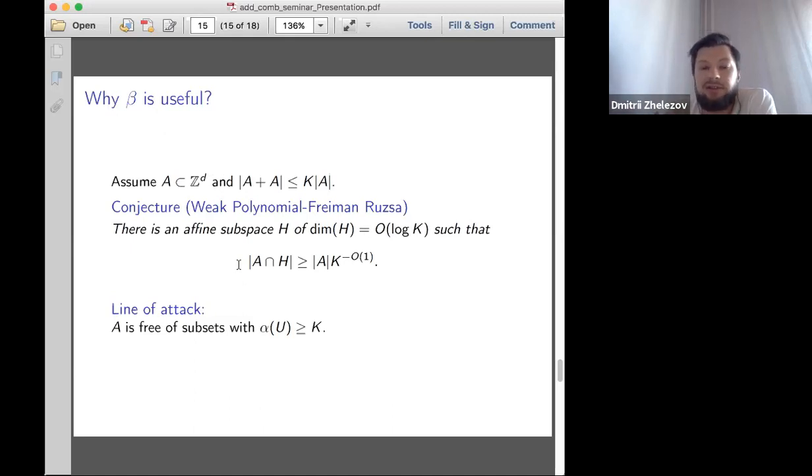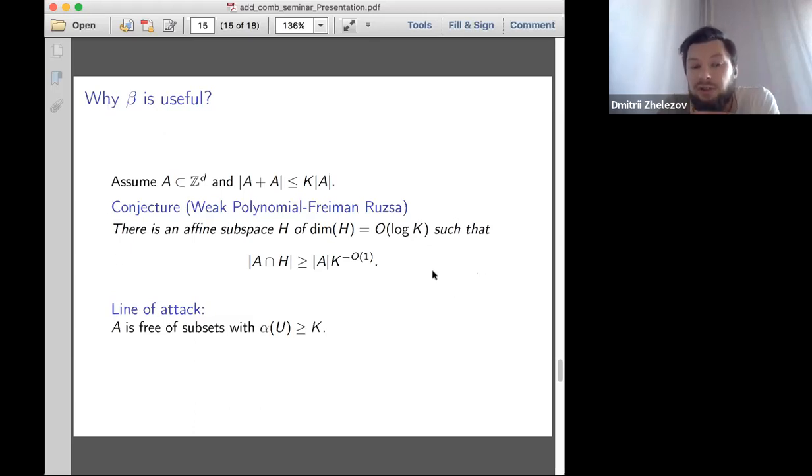This is definitely a weaker version compared to the classical polynomial Freiman-Ruzsa just because we have no idea how exactly this subspace intersects. And it may be very sparse inside, but it turns out that as